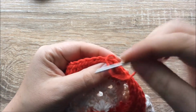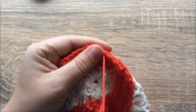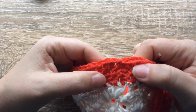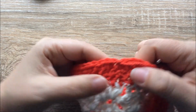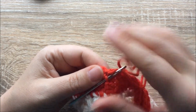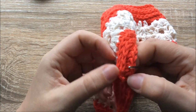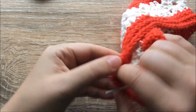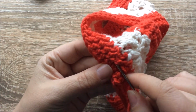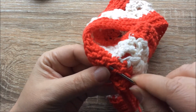Turn my work over, and I now want to secure this in the back. So some tips for this. What I recommend is working through stitches in one direction, turning and working back, turning and working back. This helps to keep your work nice and firm. So I'm just going to bring it down a little bit because what I want to make sure I do is work behind one of these rows, so I'm not going to bring my yarn through. So I'm just going to go in behind these stitches, go through a few in one direction,